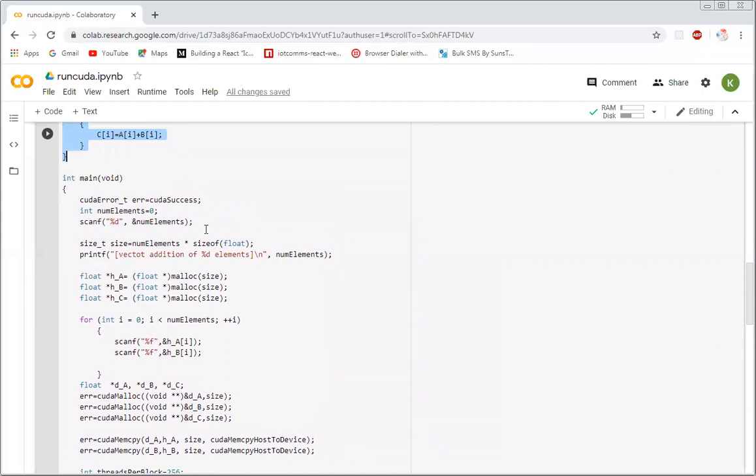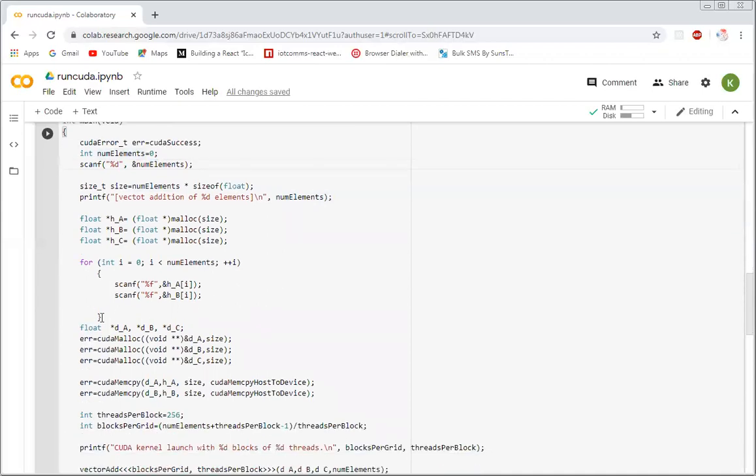Here we are trying to take input also, no issues. This first input is just to see the length of the vector. So we have taken the length of the vector, and then we are taking some more information. Here we are storing the values.